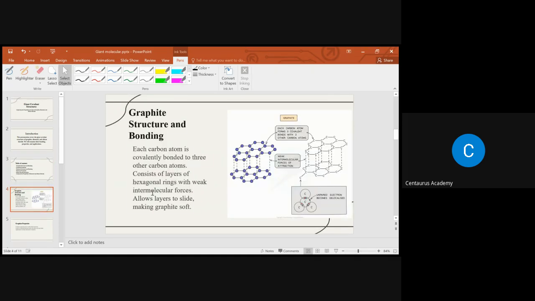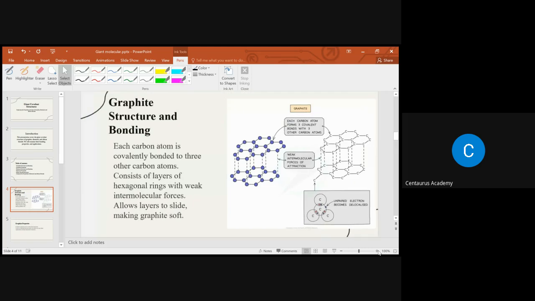There are various giant macromolecular structures, but according to the syllabus, you should be covering three basics: graphite, diamond, and silicon dioxide. Okay. So graphite has the structure where each carbon atom is forming three covalent bonds. Carbon is present in group 4 of the periodic table, so it can actually form four single covalent bonds. But here in graphite, it creates a hexagonal